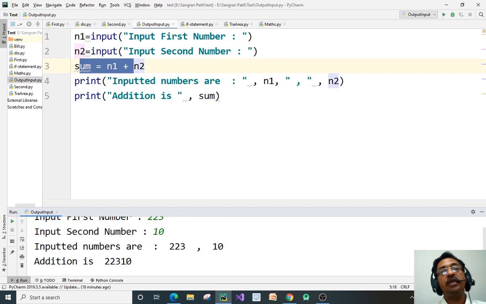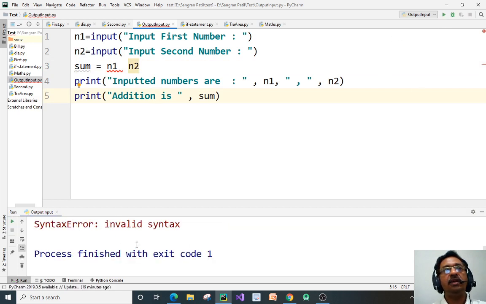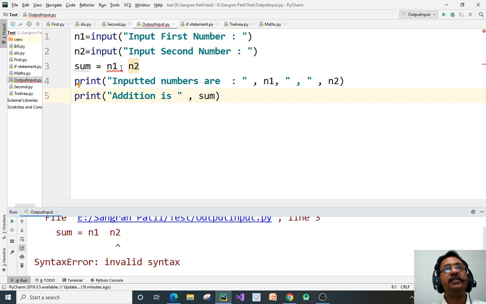So this is called a logical error in our program. The logical error means the answer which we are expecting and the answer which is given by the machine, if there is some problem, then we call this a logical error. We have to find out the logical error on our own. A syntax error is different. If I remove this, then this is called a syntax error. If I run this, it will generate an error, syntax error, invalid expression. Check here. So this is the syntax error. The compiler gives you the syntax error, but the logical error you have to find out on your own.